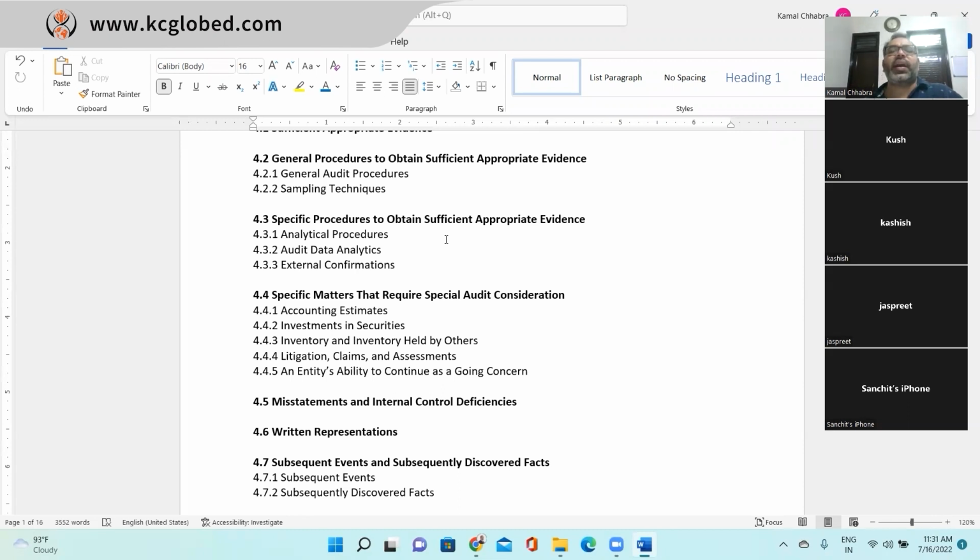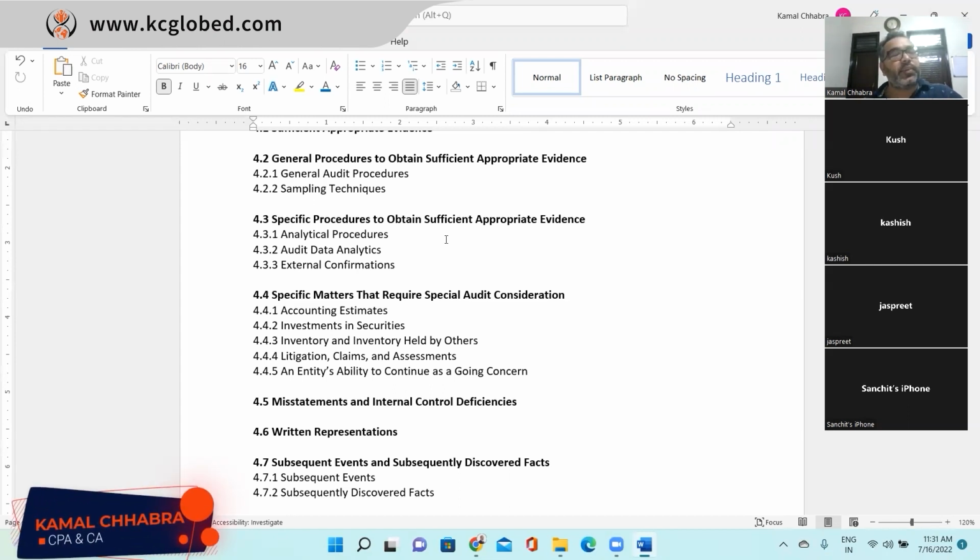So now it's a time to list down everything and discuss and communicate with the management. So here, after completing all your execution, you will be conducting a meeting with the management where you will be discussing like these are the areas we have noticed and these are the changes which are required, maybe in the control or maybe in the financial statement, and accordingly some things management may agree or sometimes management may not agree, right?